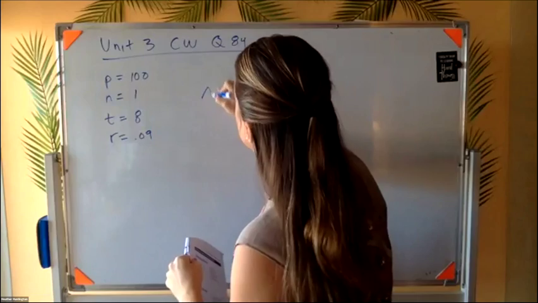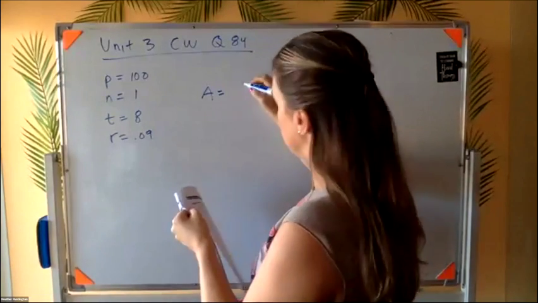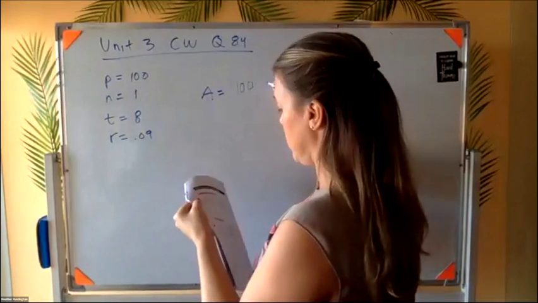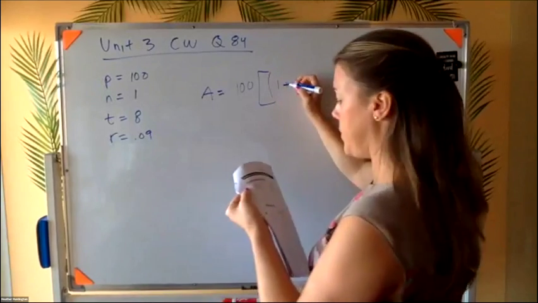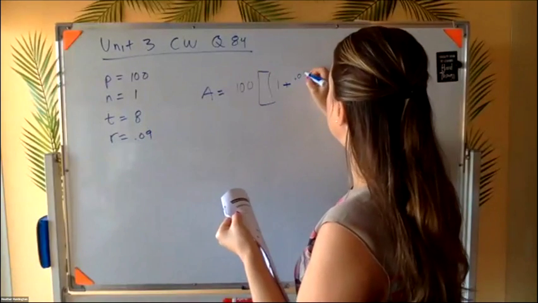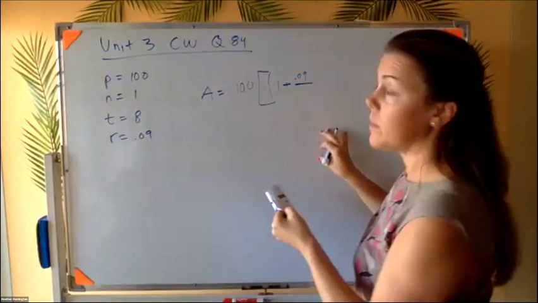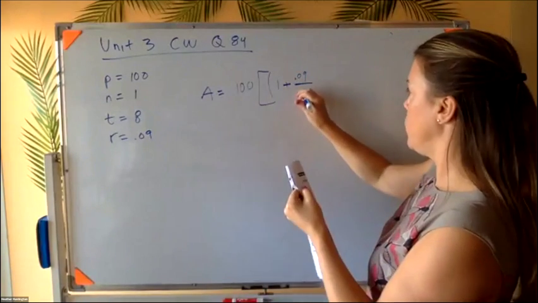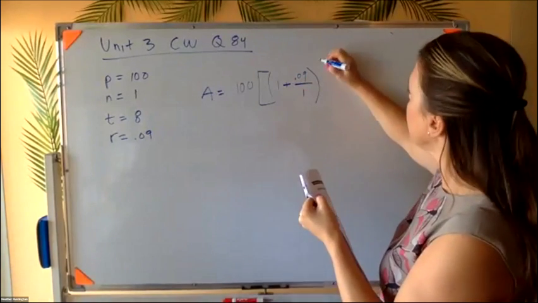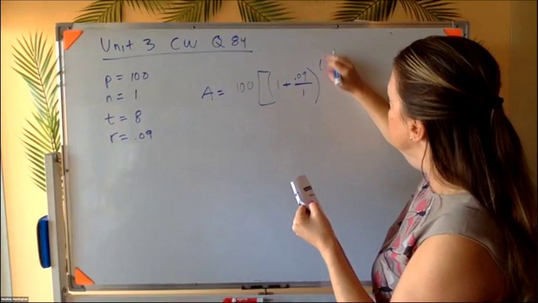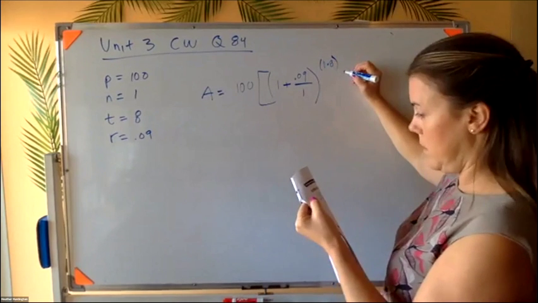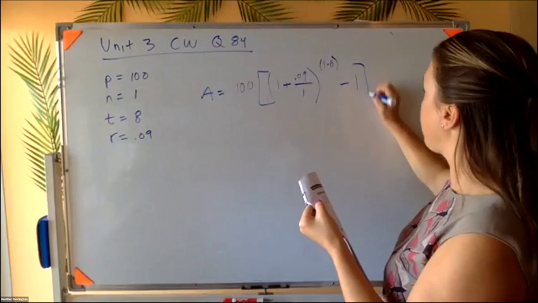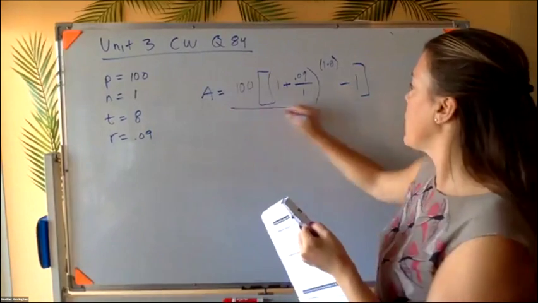So what is the accumulated amount after 2 years? So we're going to have 100 buckaroos. And we have 1 plus 0.09 over 1. And then to the 1 times t, so it's 1 times 8, minus 1, all over